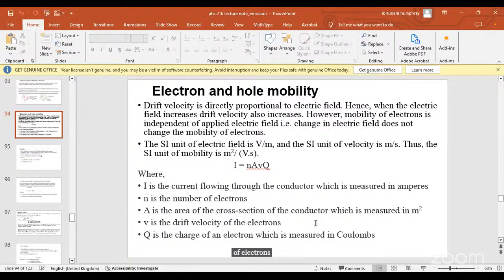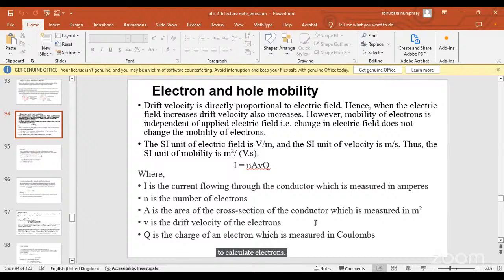Remember that electrons are constantly moving in a conductor, whether there is an applied electric field or there is no electric field. The electrons will continue to move because they are free electrons. So here we have our first formula